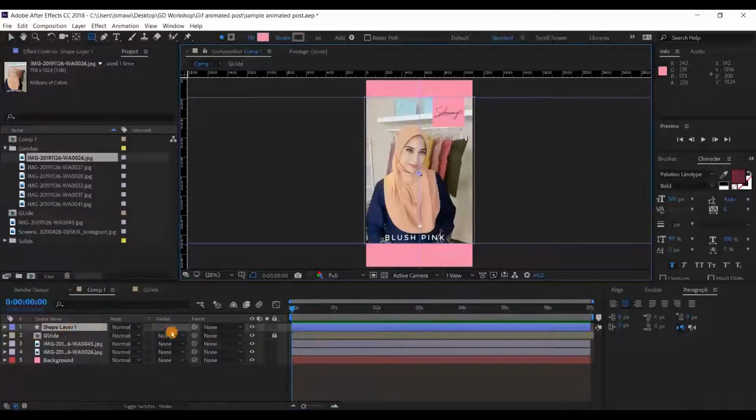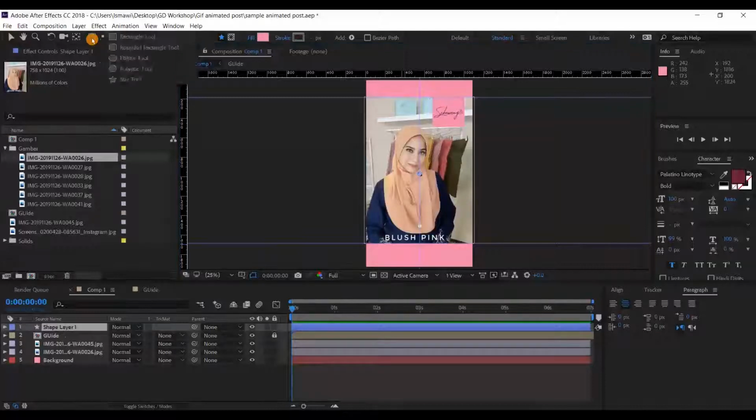So when we select the shape layer, we can use our tool menu here. There's a toolbar here where we can use our basic shape or rectangular tools. Inside the basic shape, we have rectangular, round rectangular, ellipse, polygon, and star. But for today, we won't use these. All right. So we're going to use the pen tool. Okay. So I'm going to create my basic shape using my pen tool.